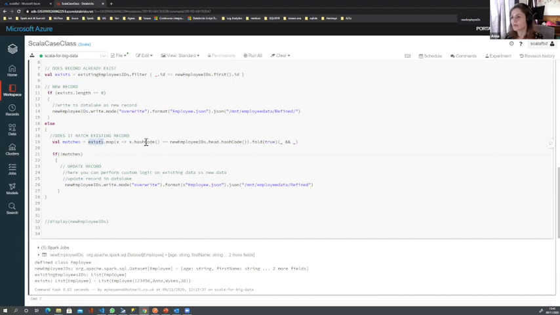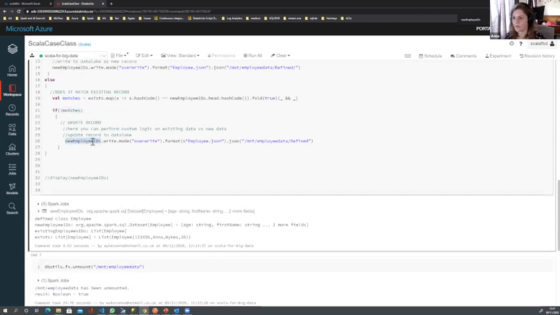Well, if it isn't a new instance, we know it already exists. Are we looking to see whether anything has changed in any of our data? So is the first name changed, the last name changed? We can work with our hash codes again, and do our comparisons between case classes. That's essentially what this is doing: if I don't find a match, so if there are changes in the data, we can then write that change into the data lake.